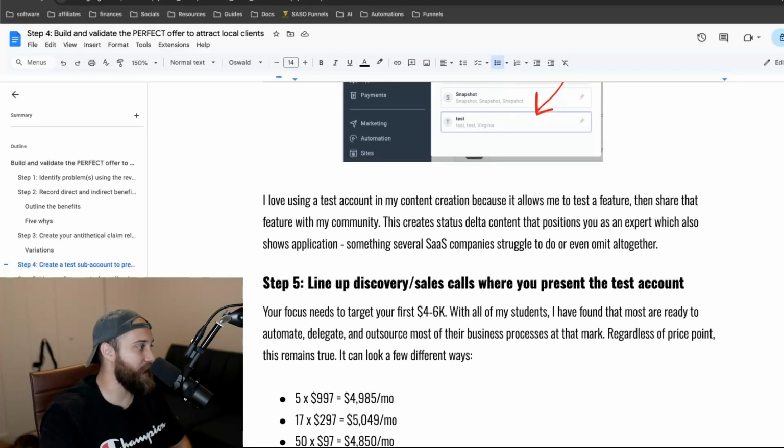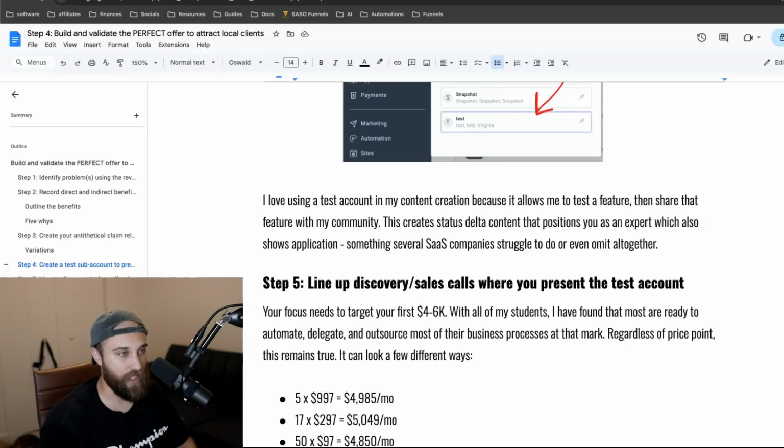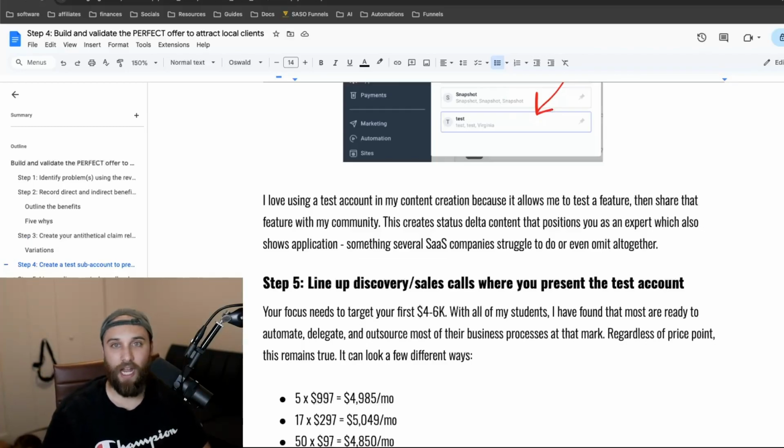This is something that a lot of SaaS companies struggle to do, or omit altogether. When I say struggle to do, they'll get a white label demo and they'll be like, oh, we do everything every other HighLevel agency does. Go ahead and Google how many HighLevel agencies there are. Go to the official HighLevel group and look at how many people there are. There's a Facebook group where you can find VAs for HighLevel. Go look at how many people there are in those groups. If you're just white labeling and saying we do the same thing everybody else is doing, you're not going to